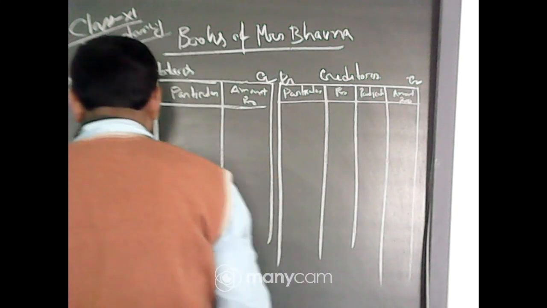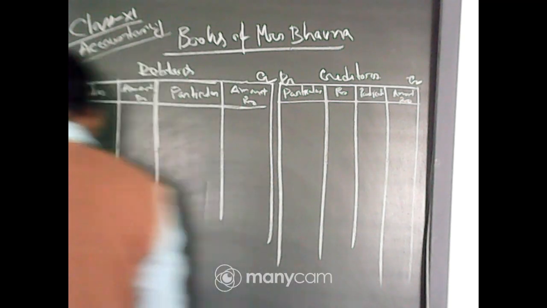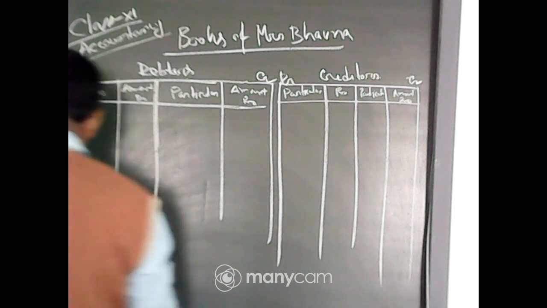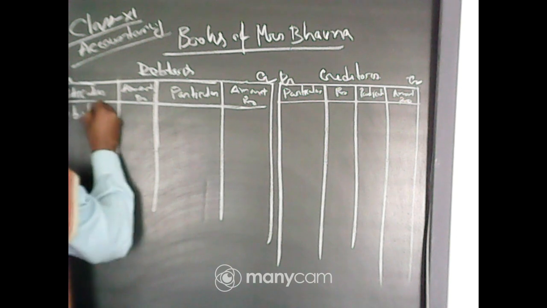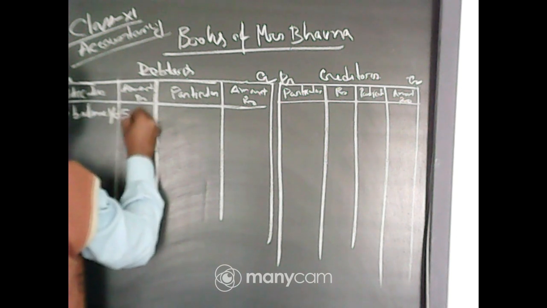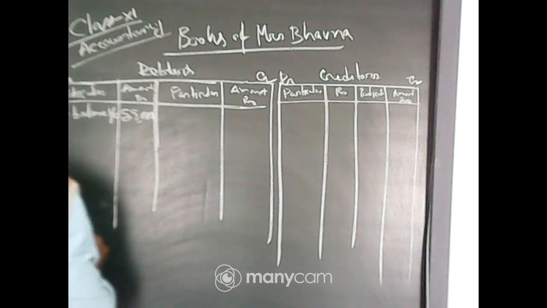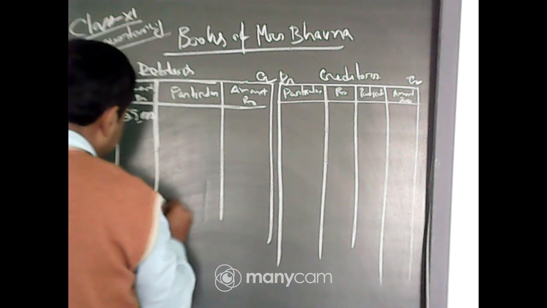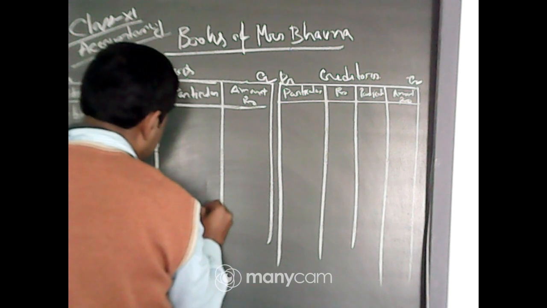Okay. Now, here see in the question, on 1st April 2016, the debtors opening balance is given, that is To Balance b/d, 55,000,